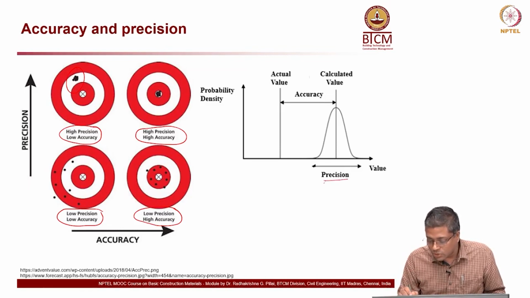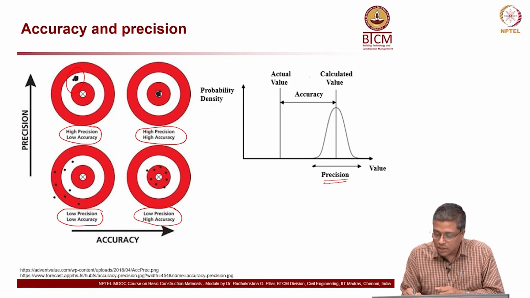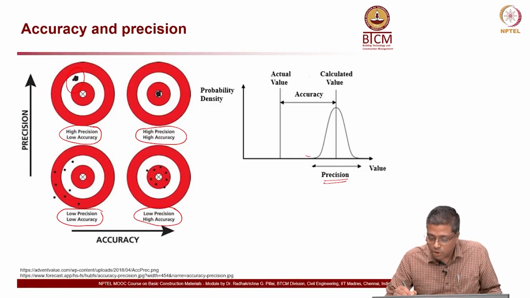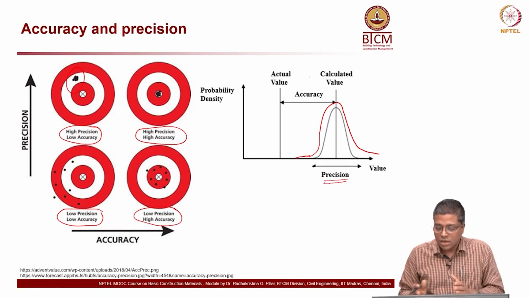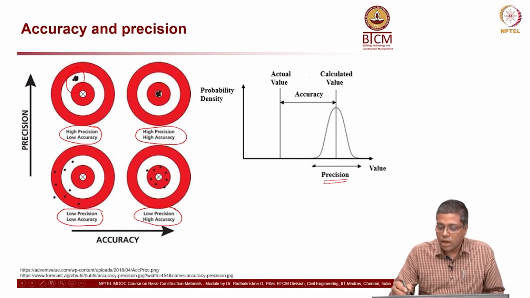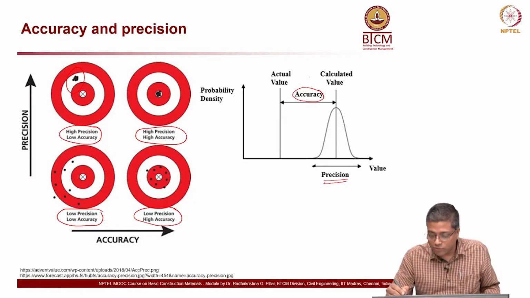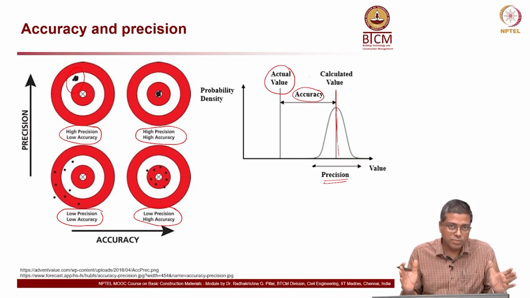When I said precision, I used the word variability. So, this is the scatter in the data which is available. You can see the wider this probability density function is, the less precise it is; the more width, the less precision. Now, if you are talking about accuracy, it is how far the mean value of the calculated values is going to be from the true or actual value, the distance between the mean and the true value.